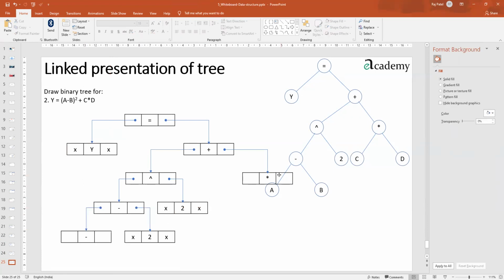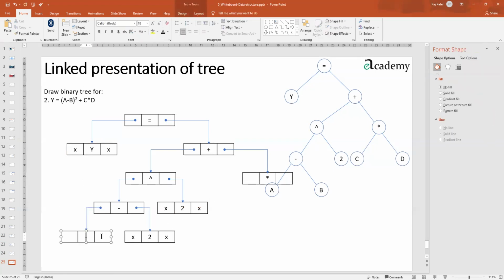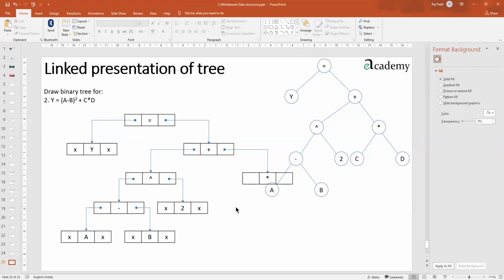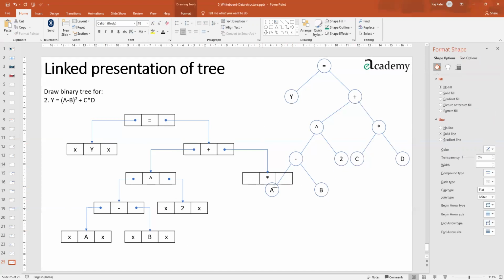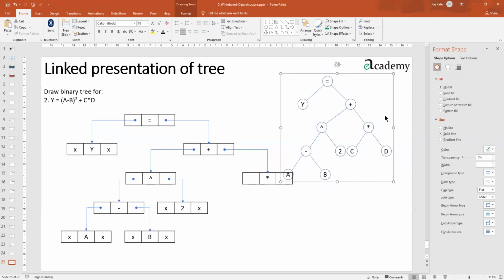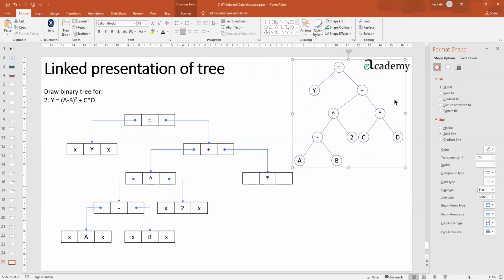Okay. So from the minus sign, A and B are coming out. So A here, B here. This will have a cross, and this is also a cross. So that way we have completed that particular portion. Similarly, here I need only two particular places. So I'll just reduce the size of this so that we can focus on this particular part also.